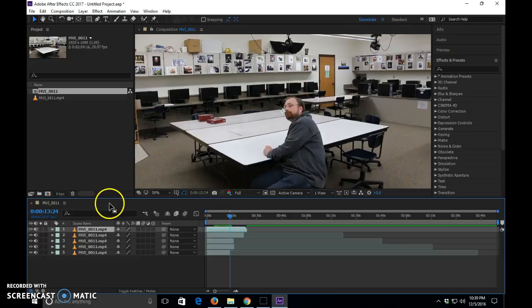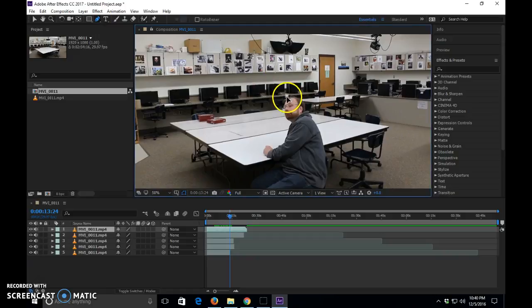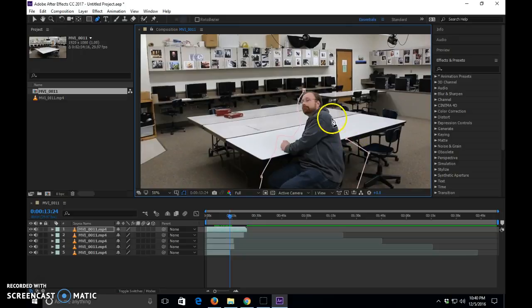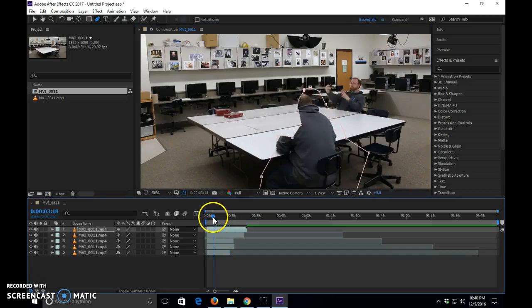Okay, so now that I have these, I'm going to do some masking, kind of like we used to do back in video 1, but we're going to use the pen tool here. So I'm going to go right around here. I'm going to try and keep it pretty close to me. So I click and click until I get all the way around, and you start to see the next layer